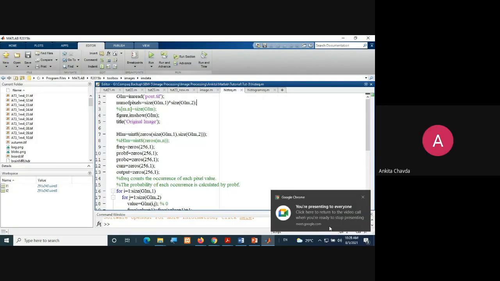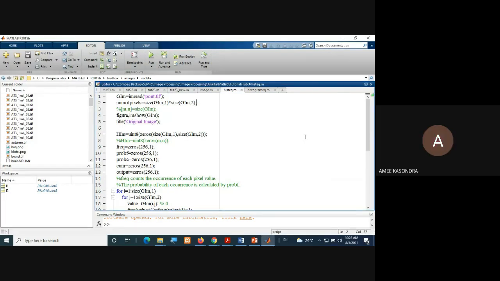Size, ma'am, size. Okay. So we are simply considering the size here, right? Okay, correct. You may mute yourself. So here we are taking the size like this. But if you remember, previously we were simply taking the size of the image, and it would be stored into two variables. So why am I taking the size like this? Can anybody tell me this?